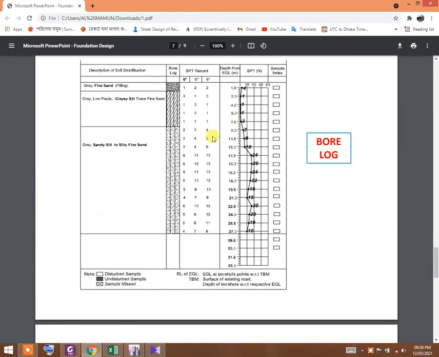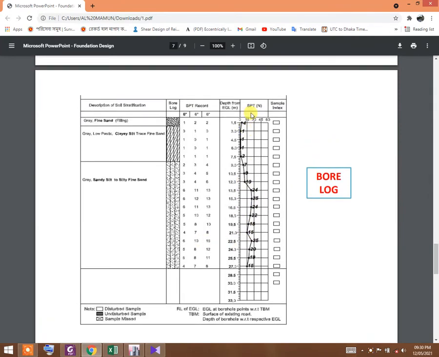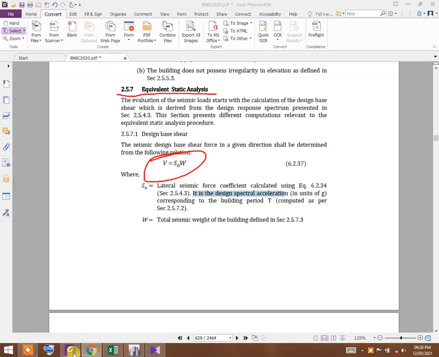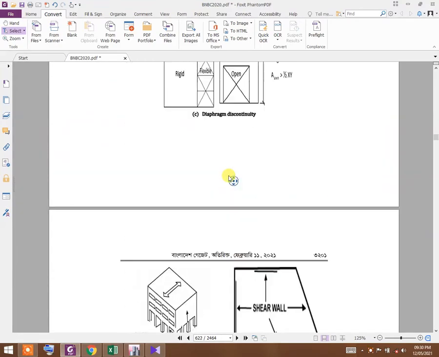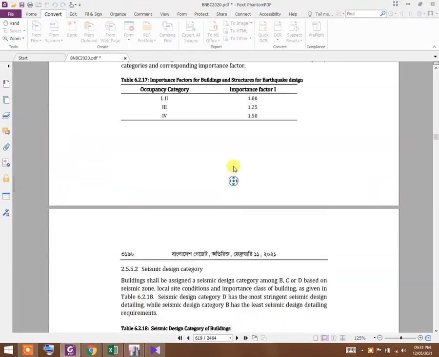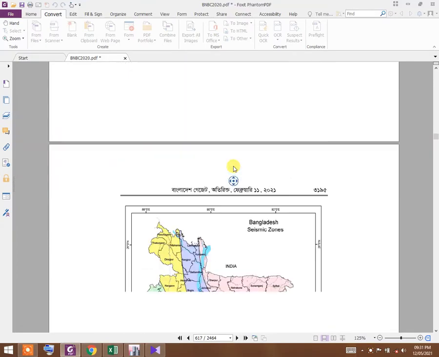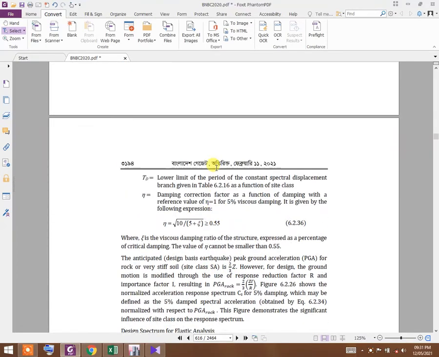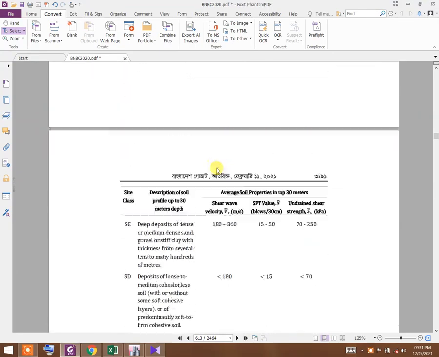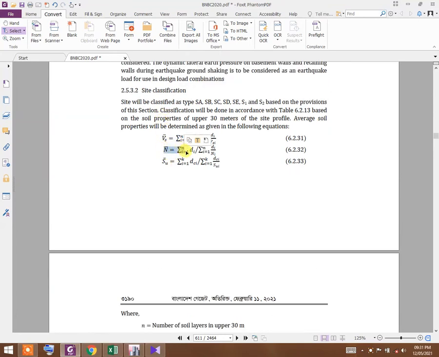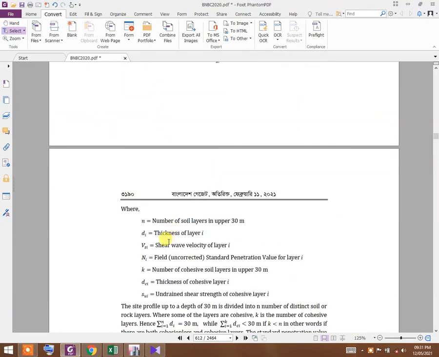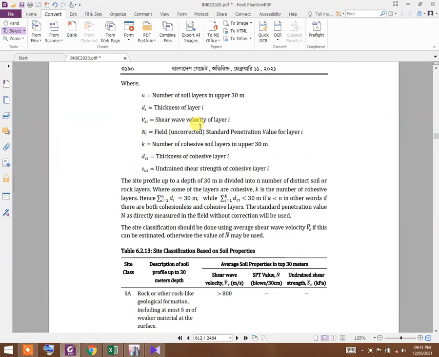From the bore log test, I have calculated the average SPT value according to the provision of BNBC, that is given here. You see, the average SPT value is given by this formula. Using this formula, I have calculated the average SPT value. That has come out to be 15.